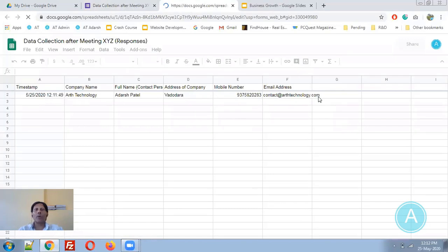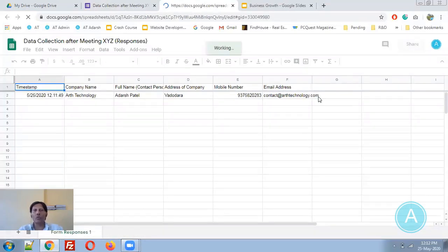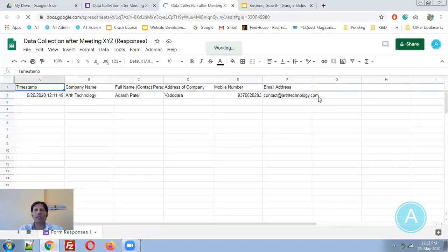For example, hundreds or thousands of people are going to attend your meeting, and you would like to collect thousands of email addresses or mobile numbers in just a few seconds. Then this magic is possible using Google Forms. So prepare such forms and collect whatever data you would like to collect from your number of respondents. It can be hundreds, thousands of people can submit data at a time. Do not worry about that part.